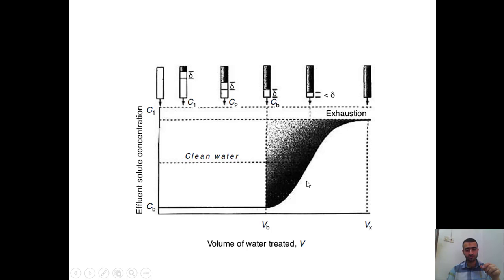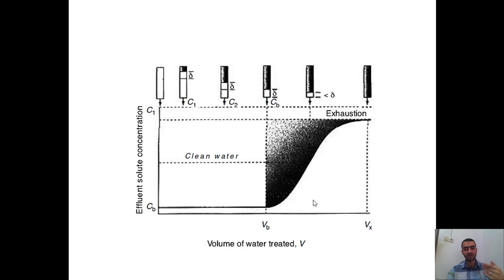If the effluent solute concentration is like 0.1, which is a very acceptable limit, after breakthrough it will increase rapidly until it reaches a concentration which is maybe equal to the influent concentration. That is the exhaustion of the ion exchanger. This point is called the breakthrough point, which means that the effluent